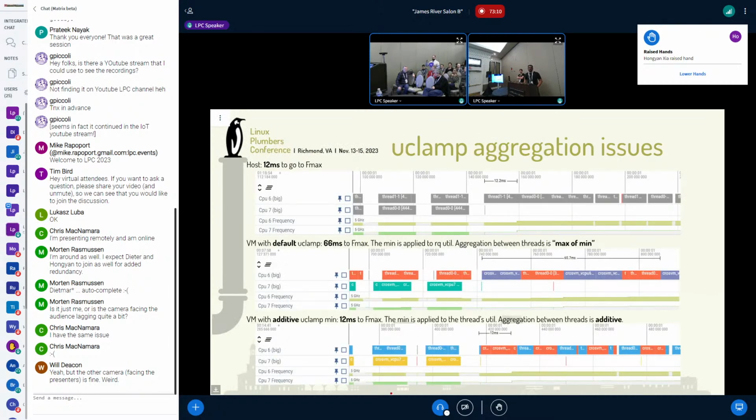No. Max aggregation does not meet our needs, right? So here the max aggregation and this part right here. When a thread migrates from one vCPU to another, on the host side there's no awareness, but we do set the uclamp min to say like 512, right? But you take the uclamp min and then you apply it to the existing utilization there.